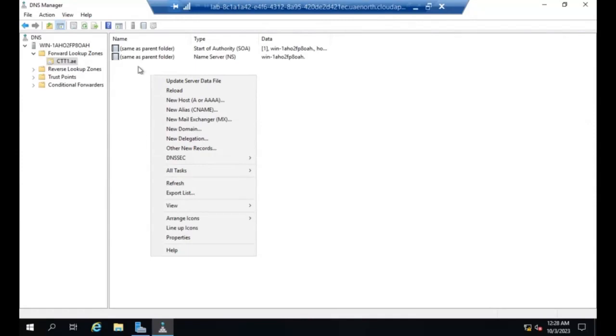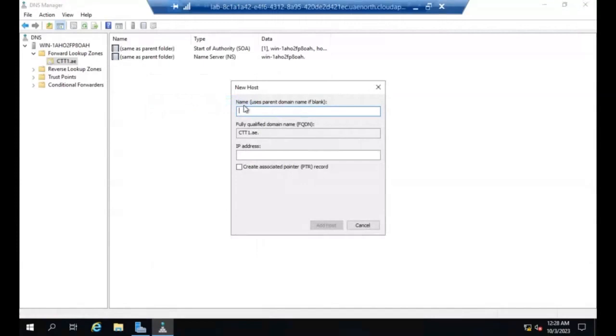Let's say I want to add a forward lookup record, or we call it A record. We have A or AAAA, A for IP version 4 or IP version 6. Okay, that's the name. Let's say this one here. Now we will give the domain name. Imagine we have a domain name that we will give an IP address, so that if the user types, let's say,